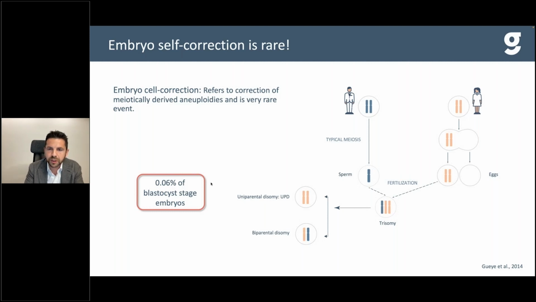This clearly shows that self-correction is usually very, very rare, and meiotically derived aneuploidies, when they are present in the zygote, are fixed throughout development and associated with very clear